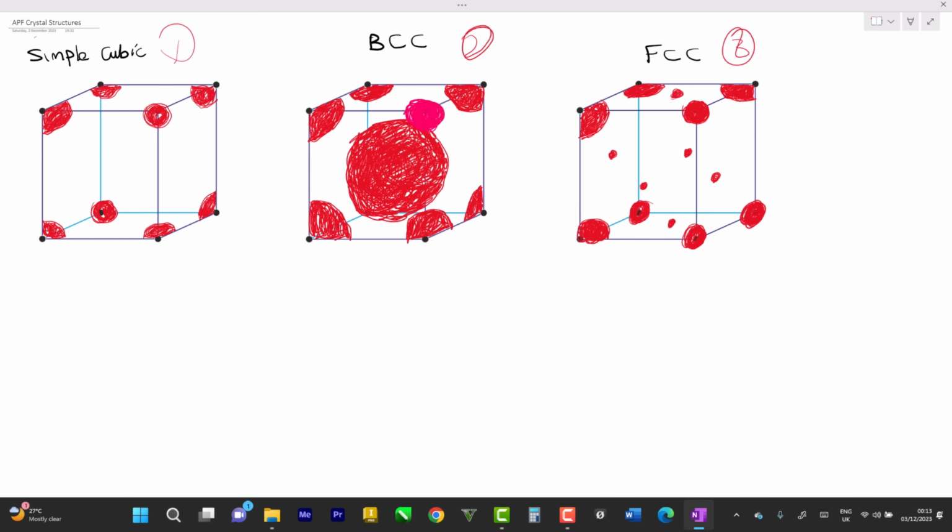So here, if we count, we have 8 lattice points: 1, 2, 3, 4, 5, 6, 7, 8. So we wouldn't just assume that we have 8 atoms. No, because these atoms are not complete. Now I want you to look at an orange. When I divide an orange into 4, the side view of this orange is going to look like this. So I'll have it in four places like this, right? Then I want you to imagine that it was also sliced this way, which means now I have this